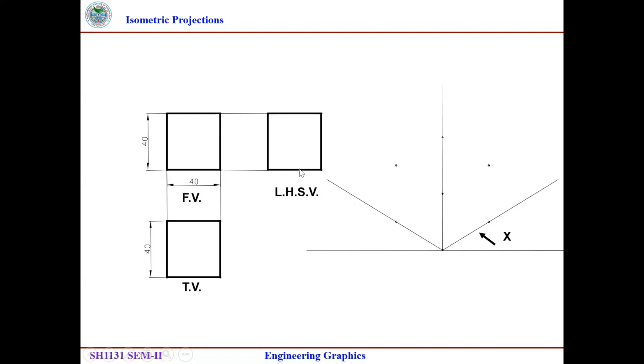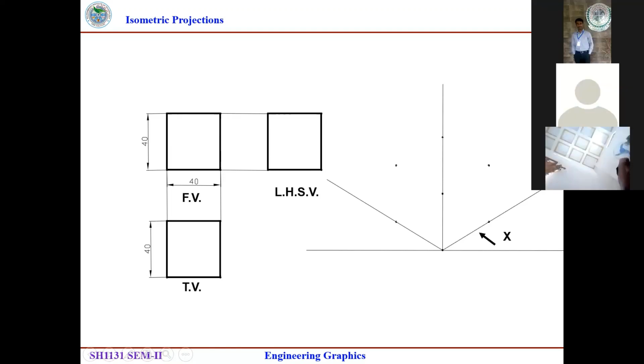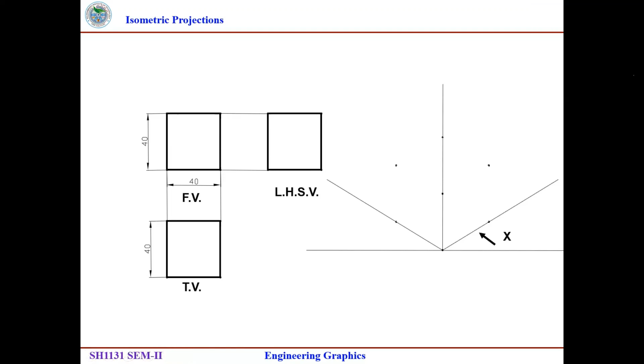And it is a left hand side view, which means it should be on the left side, and drawing on the right side in the orthographic. So that's why we can do that. We can take length in this direction 40 mm, then height is 40 mm. So height I can measure on this Y axis. Let us consider this is a vertical axis, and then I have to prepare like this. So this square looks like a parallelogram or rhombus-like structure. Then this side also you have to draw, and then finally you have to prepare the top view here.